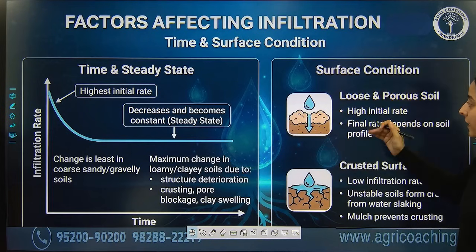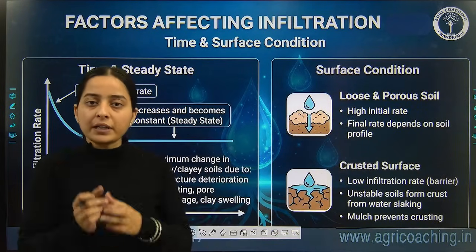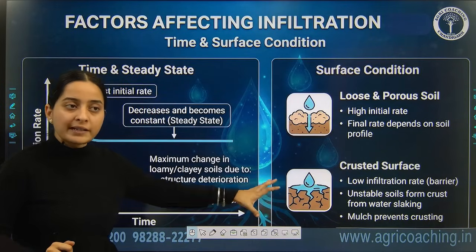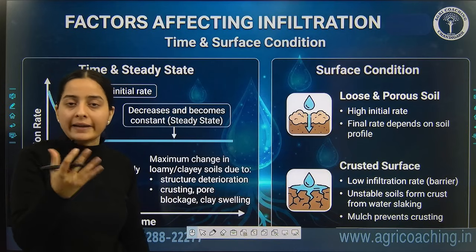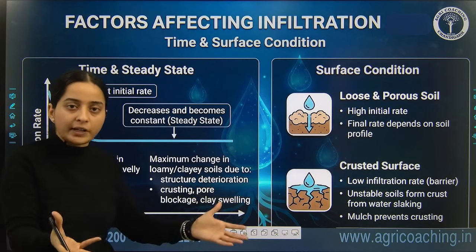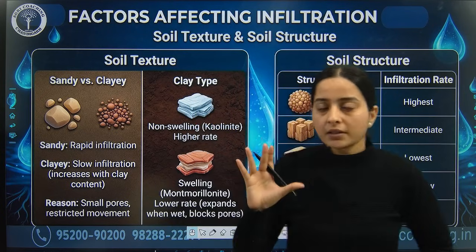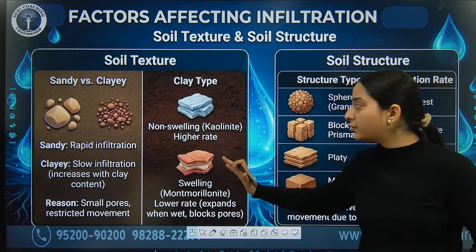Next one is surface condition. If your soil is loose and porous, definitely infiltration will be more. And if there is crust formation, water can't enter at a good speed, so the infiltration rate will be less. Second factor is soil type, as we discussed already: sandy soil has rapid infiltration as compared to clay soil,